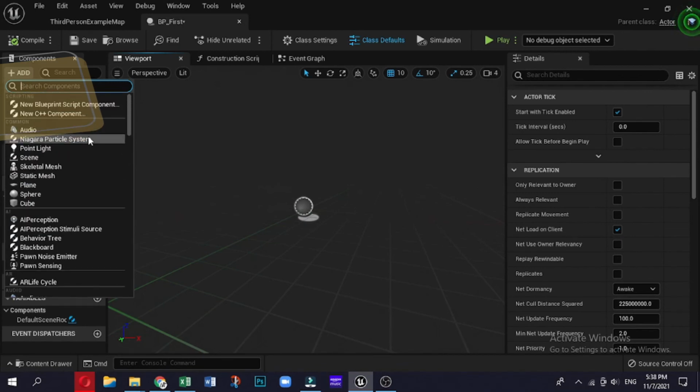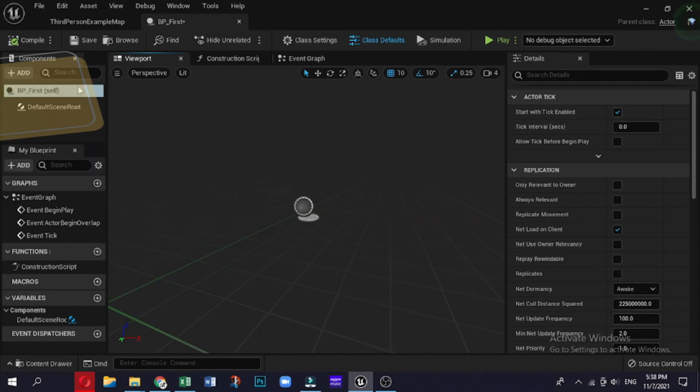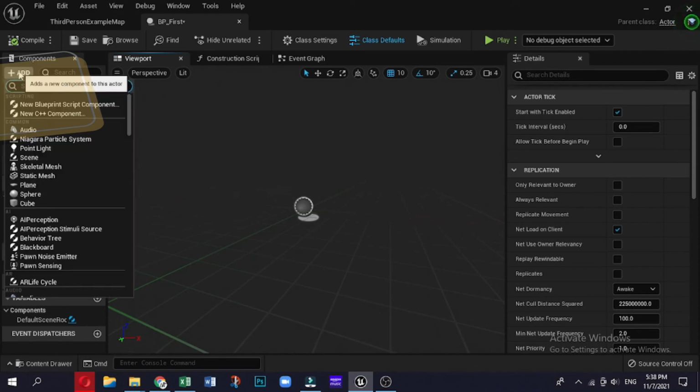Each component has its own specific purpose, and combining them allows you to create almost anything that you need. Capsule component, for example, provides collision geometry to the actor. Movement component controls the movement, audio component enables the actor to emit sound, and so on. Components added in the component list can also be assigned to instance variables, providing them access in the graphs editor.